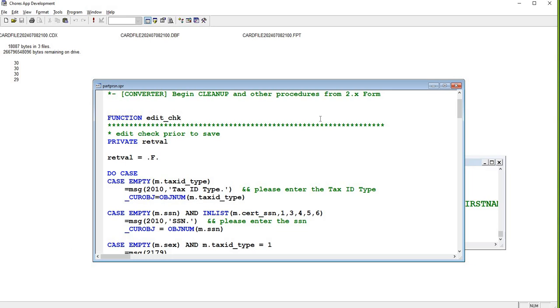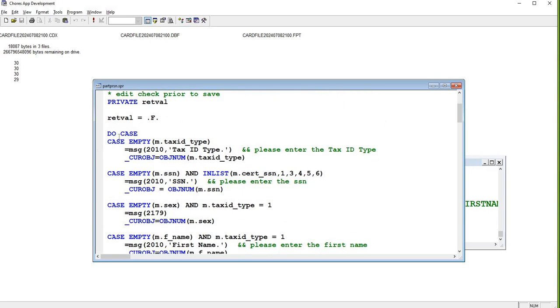Now, having an edit check in your data entry screens is nothing new. What's unique here is the developer had to come up with a list of things that absolutely have to go in that record for it to be saved. In other words, they're taking a pretty aggressive stand against garbage in, garbage out. And they're also saying, listen, if you don't have all the information,